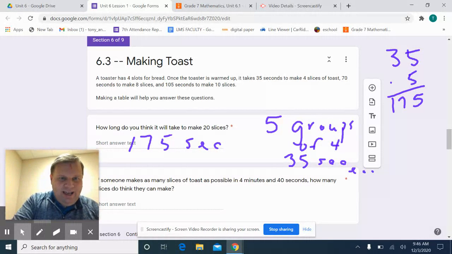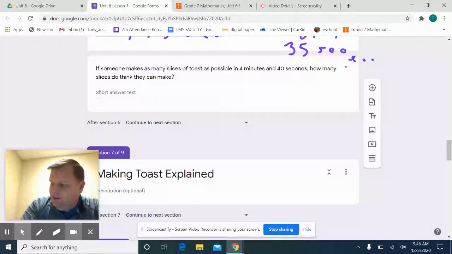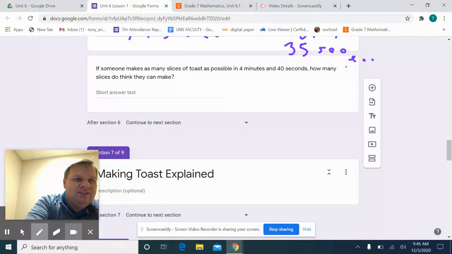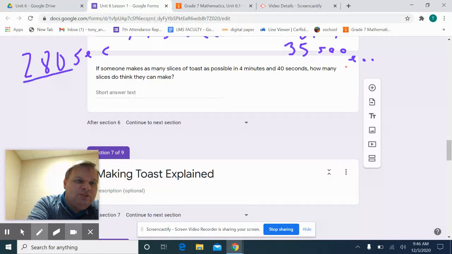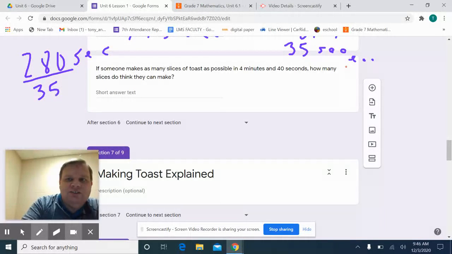So if I'm looking at question number 2 here, if someone makes as many slices of toast as possible in 4 minutes 40 seconds, how many slices do you think they would make? Well, since everything else is in seconds, we need to get that 4 minutes and 40 seconds back into just seconds. In 4 minutes, there are 240 seconds, and add 40 to that, we're looking at 280 seconds, okay? Well, we have to find out how many groups of 35 are in that. And if we look at that, there are 8 groups